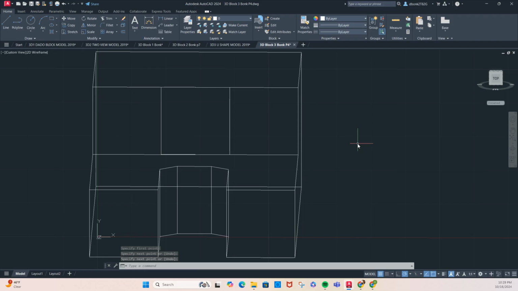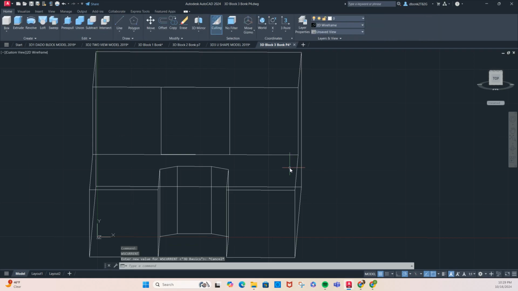And then remember, I'm going to join my lines. You can do the join here or in the 3D, but J-O-I-N, enter. And then I'm going to select my 4 lines. 1, 2, 3, 4, hit enter. All right, and then we're going to go to our extrude tool, which is in 3D Basics